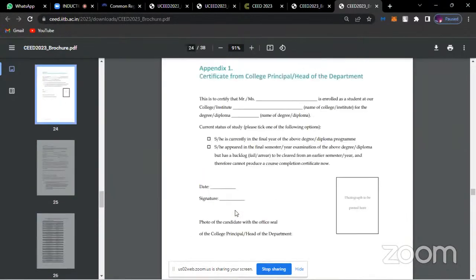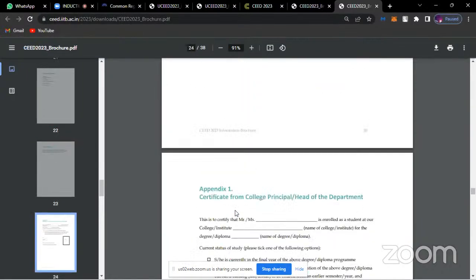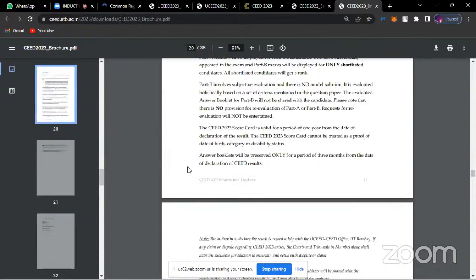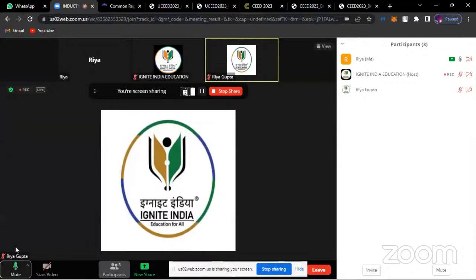The only thing is that your bachelor's degree program should be very clear. Even after you are done with your examination and you get your results, in case you get good results and participate in the counseling process, they will require all of these documents again.